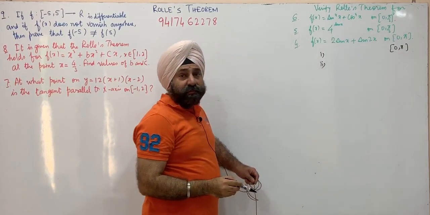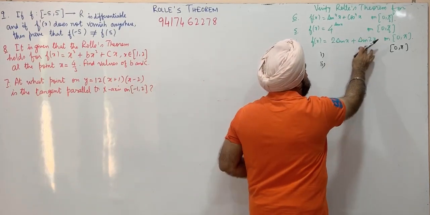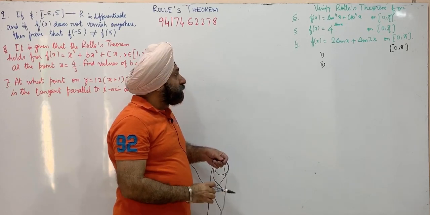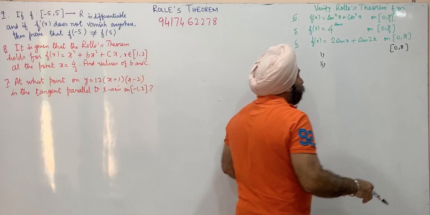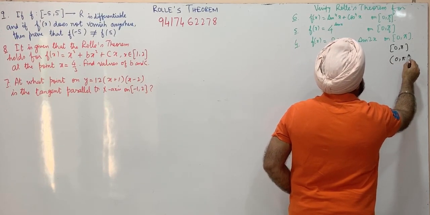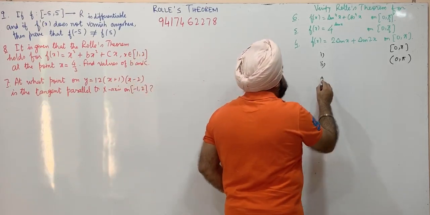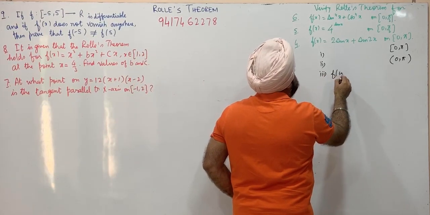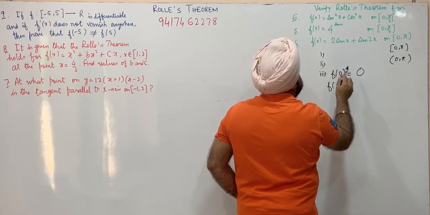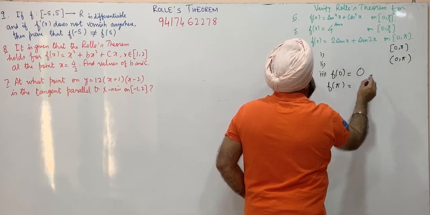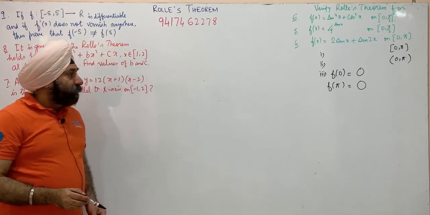Similarly, f of x being a differentiable function, because this is differentiable, this is also differentiable, sine function is differentiable, f of x being the sum of two differentiable functions is also differentiable everywhere, but we write in particular for the open interval 0 to pi. The third condition, we find out f of 0, sin 0 is 0, so this will be 0. Then f of pi, sin pi is 0, sin of 2 pi is also 0, the sum will be 0. So, f of 0 is equal to f of pi. So, what do we get?